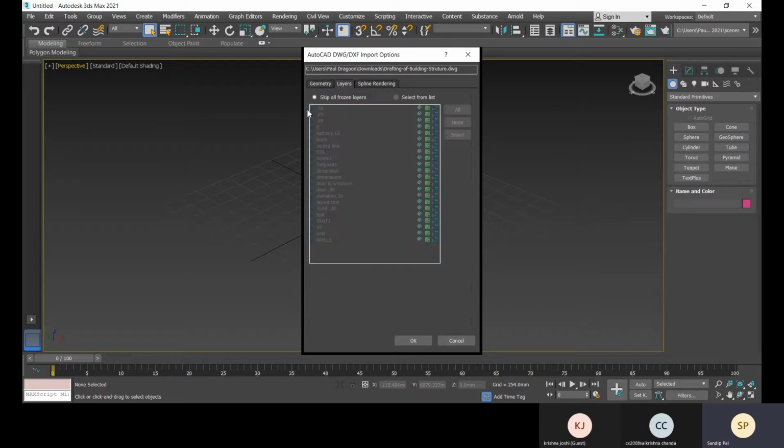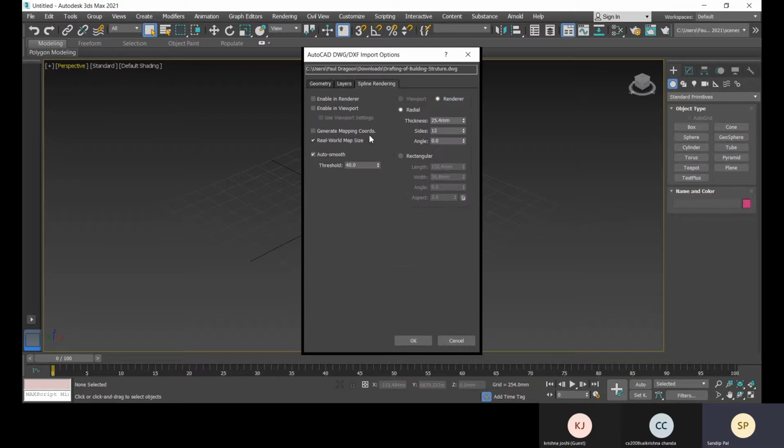And layers, you can select all these layers if you need them, along with the frozen layers, and this is for skip all frozen layers. You can select from the list, you can check, uncheck. I'm going with the default option, and spline rendering. There is nothing like spline rendering I should go for.